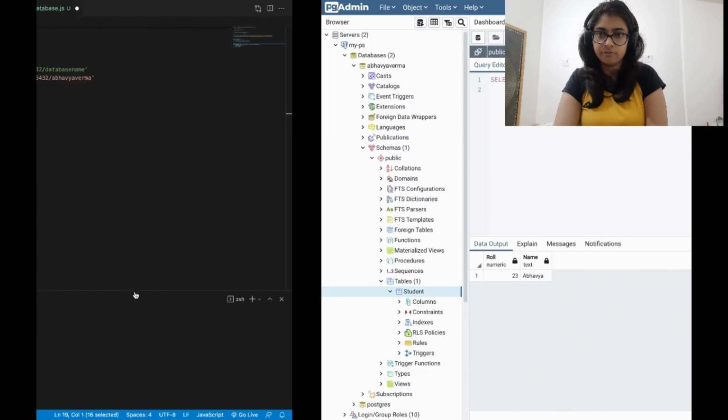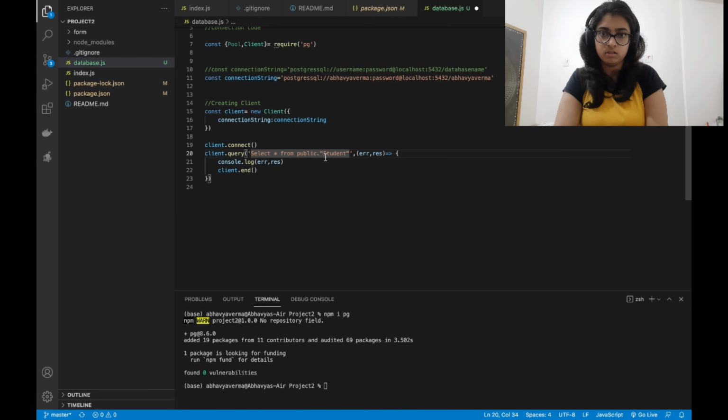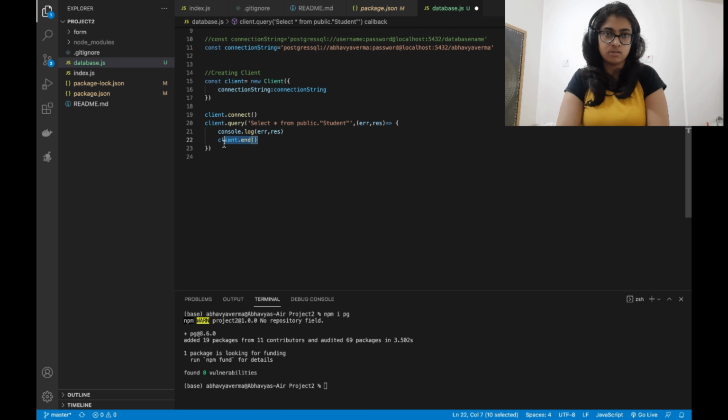So see how I have written it, public.student. Give whatever query statement you have here, then the error and response, and then printing the message and the values, and then always remember to end the session. You're starting and then ending, it is important.